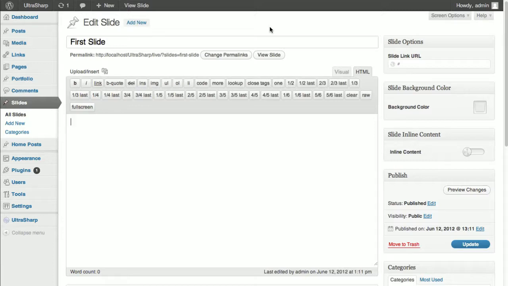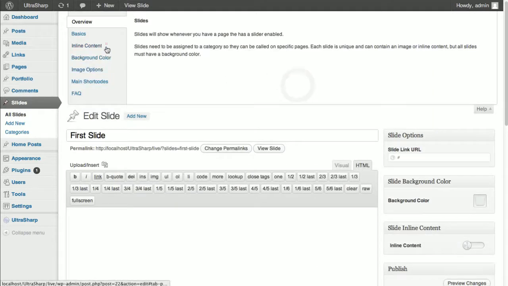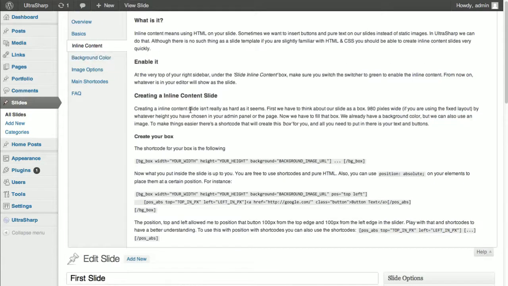When using inline content, it's different from using images, because images sort of fill that block. When we have inline content, it's a little bit hard to fill that content with text or whatever it is that you're putting. So here on help we have a few shortcodes that help us fill that box. The first thing I'm going to do, like I did on the live preview, is this